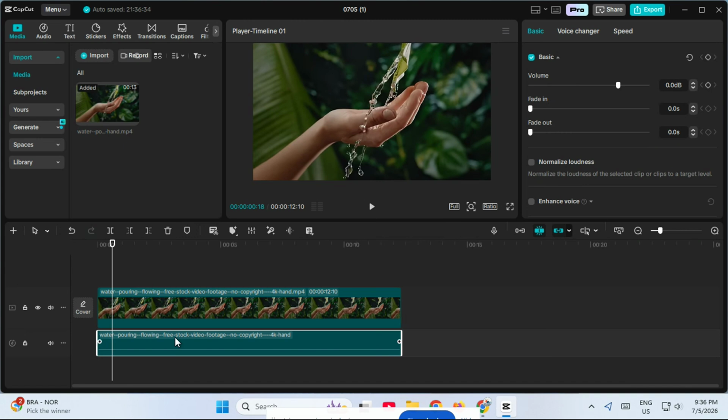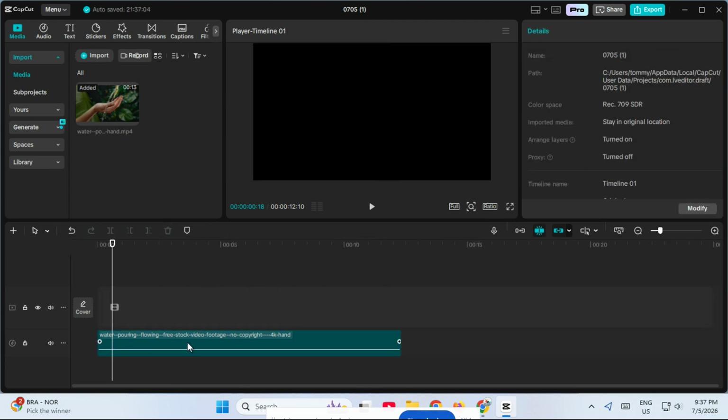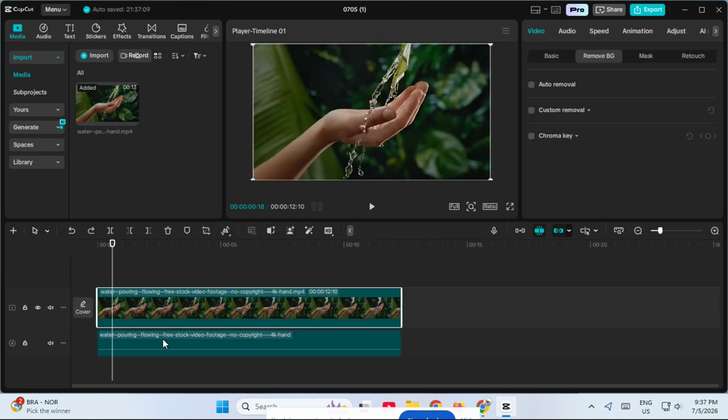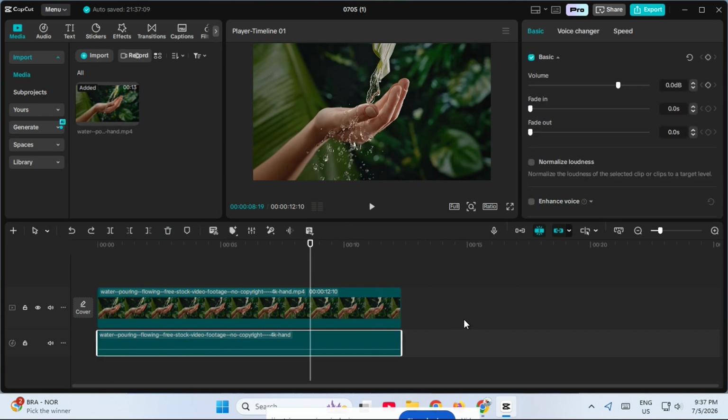If you only want the audio and not the video, you can now mute or delete the original video track, depending on what your project needs, and if you want to keep both, you can leave them exactly as they are and continue editing. This simple method is one of the fastest ways to isolate audio inside CapCut PC